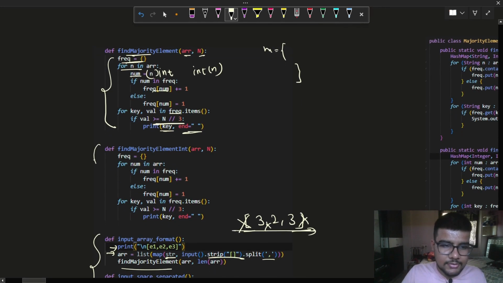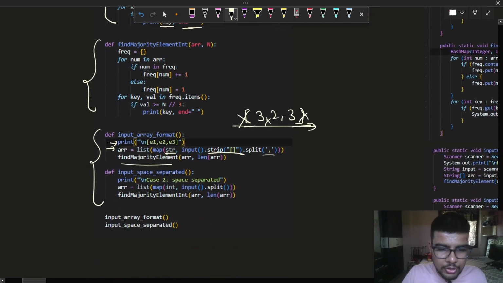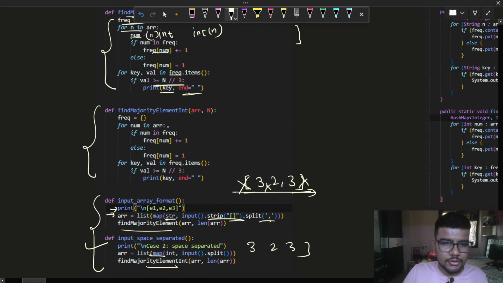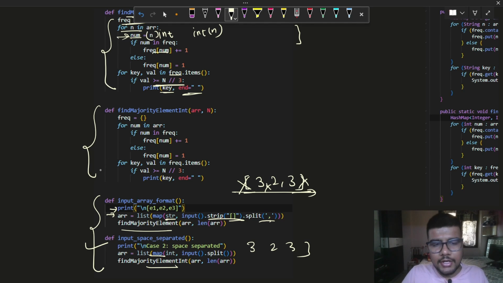And this case is for the space separated input. If the input looks like 3 2 3 3, then you need to process it like this. Taking the input here, you don't need to write the stripping or splitting. Just call the function and it will work as it is. There is just one difference: you don't need to write the typecasted line, and the rest of the program is